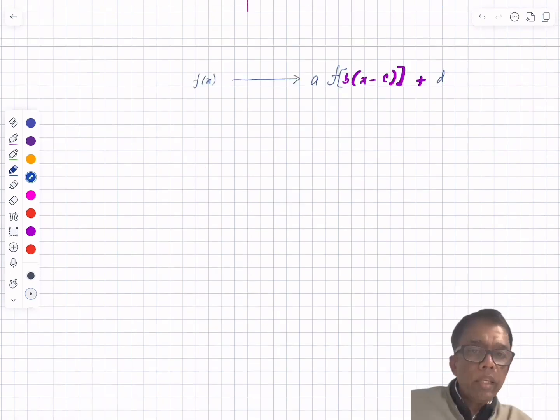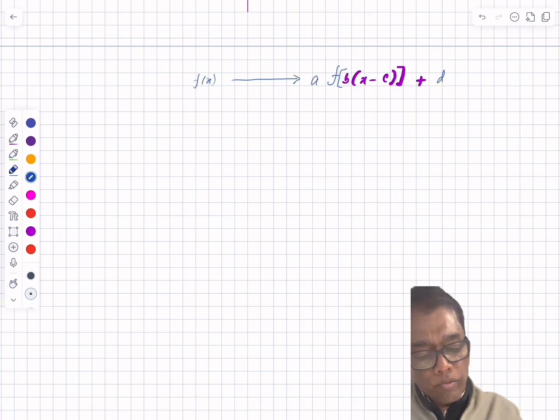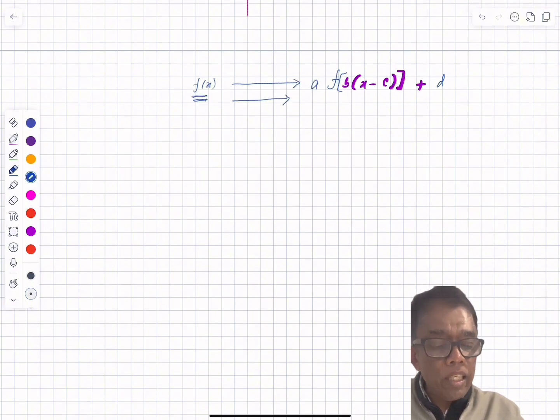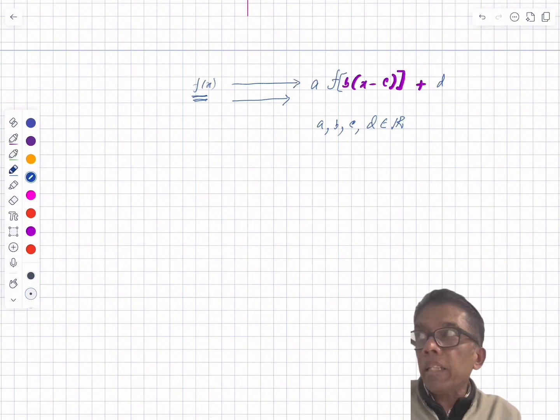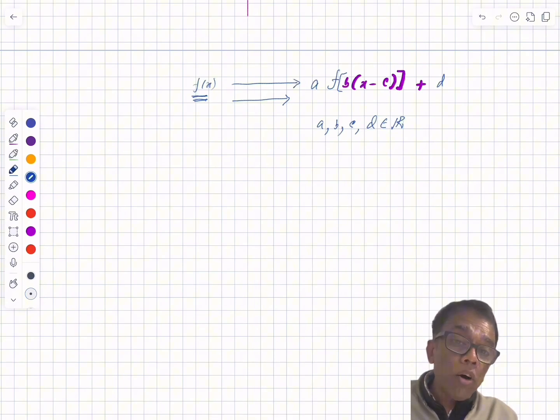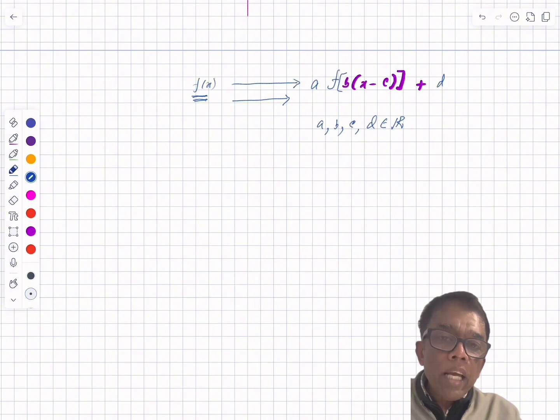Okay. Next step, we will discuss the combination of the transformations. Here f(x) goes to a·f(b(x − c)) + d, where a, b, c and d are real numbers. Now, how do we write the combination of the transformations? We have to follow dilations, reflections and translations. Here, this a represents dilated by a factor of a